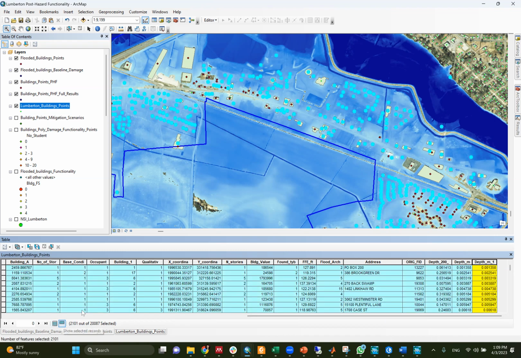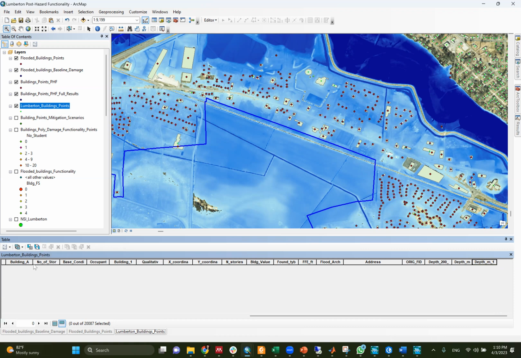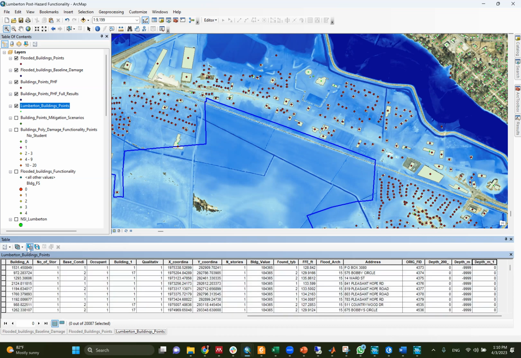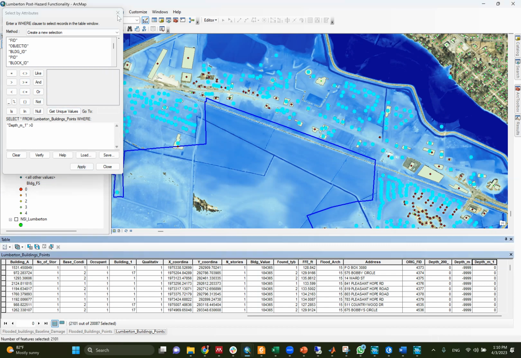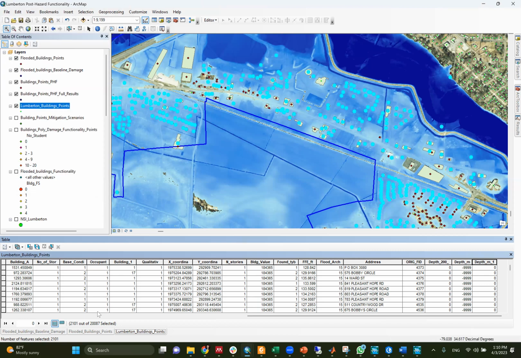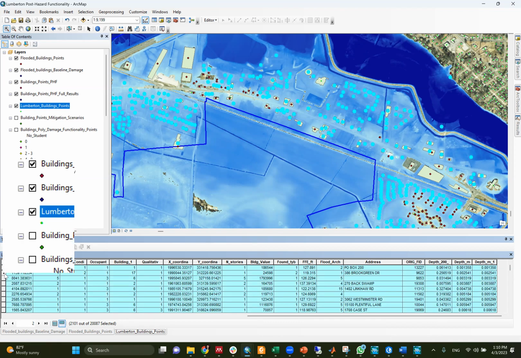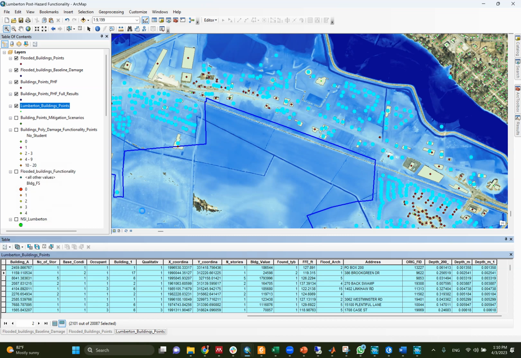What I did here, I switched it to the buildings that have flood depths more than or equal to 0. Or if you lost that, you can remove the selection, come back here, do select by attribute, and select the attribute that has flood depths more than 0. Okay, it's 21,000 buildings. These are the buildings of importance that are exposed to flooding. If you zoom to the selected,